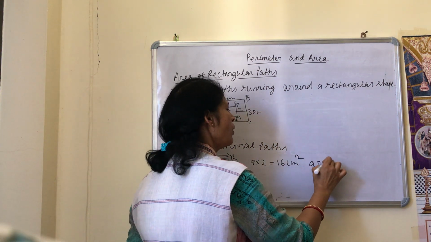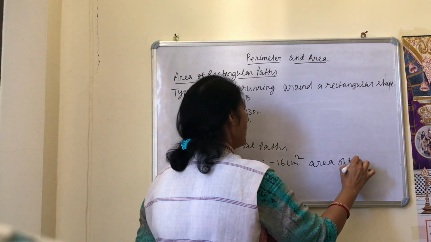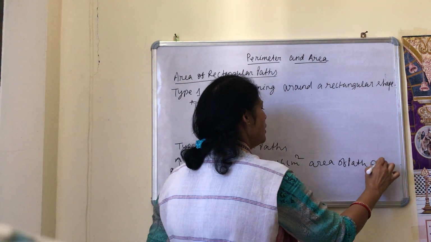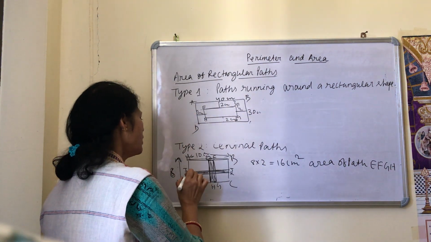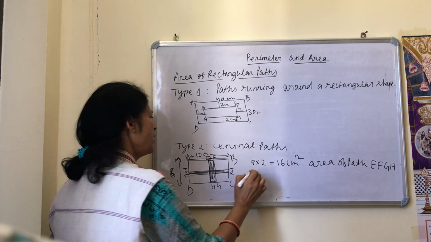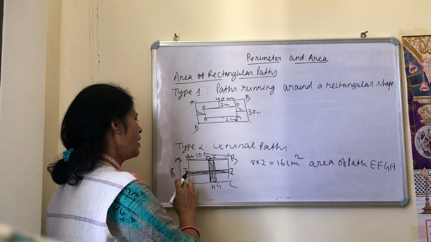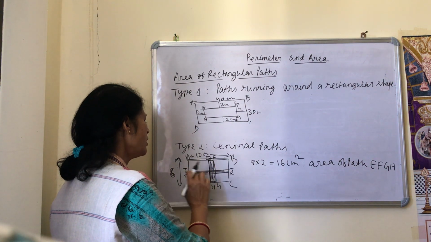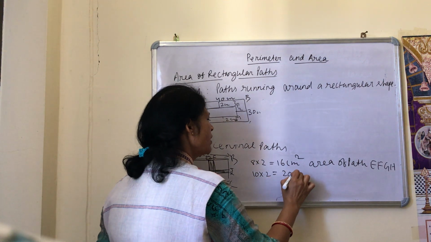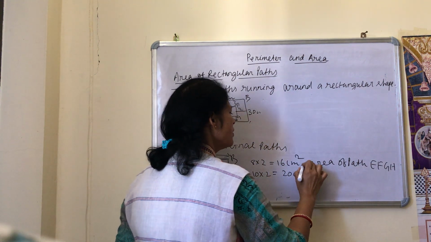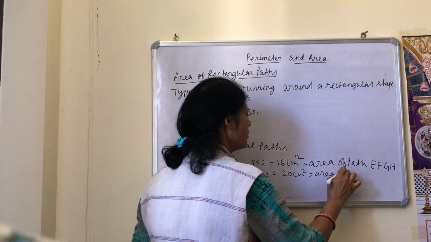The area of path EFGH. Then find the area of IJKL. So this is 10 centimeter, this is 2. So 10 into 2, 20 centimeter square is the area of